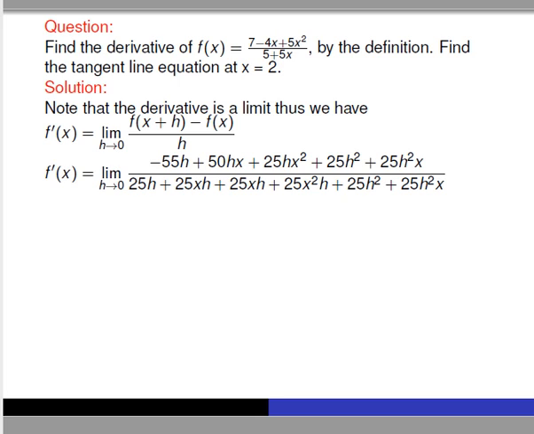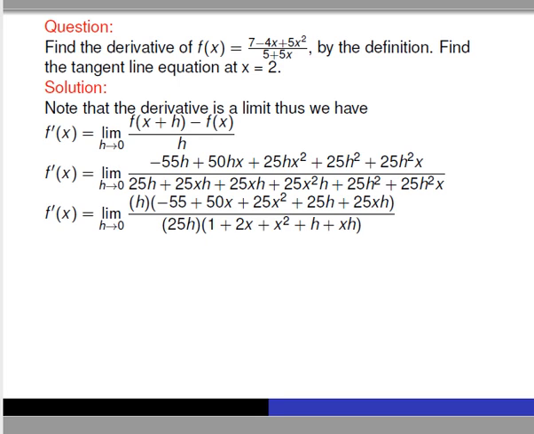This expression is obtained by replacing f of x plus h, and f of x by their respective values. It is clear that we have to factorize this expression because there are some common factors. After factorizing this fraction, we see that the common factor on the numerator is h and the common factor on the denominator is 25h. Then, f prime of x is the limit as h goes to 0 of the ratio